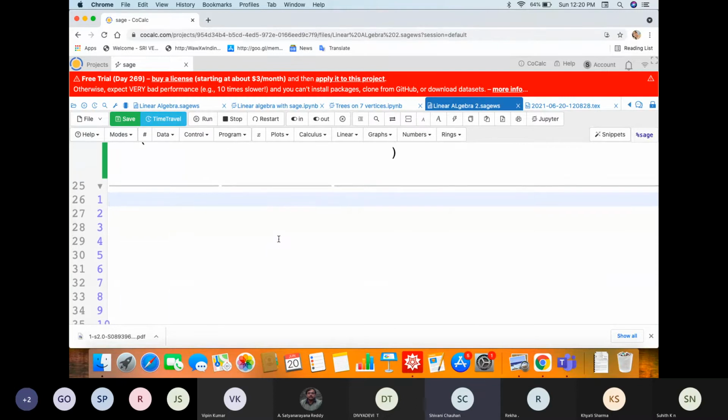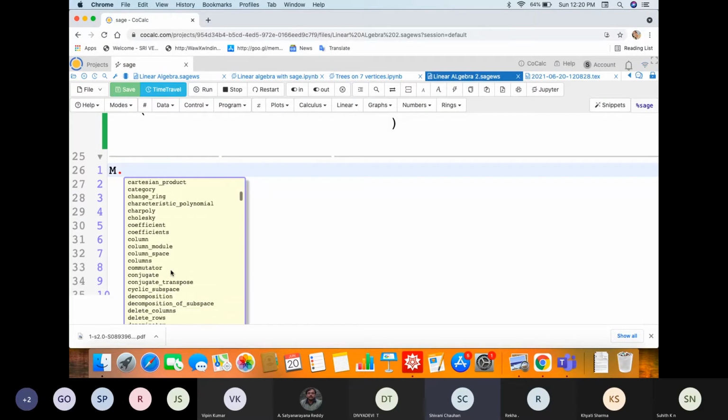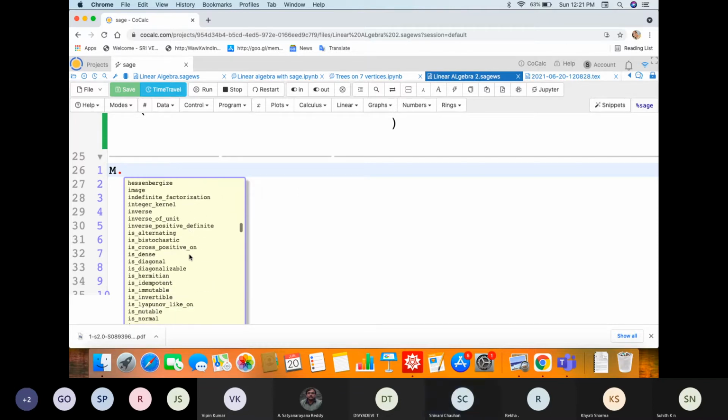I think this matrix part is clear, means if you give any matrix to Sage, what all you can do. Here you can see we have the characteristic polynomial, and it will also give you the minimal polynomial. So here is the list. Later you can check them. Now we can ask them one of these.